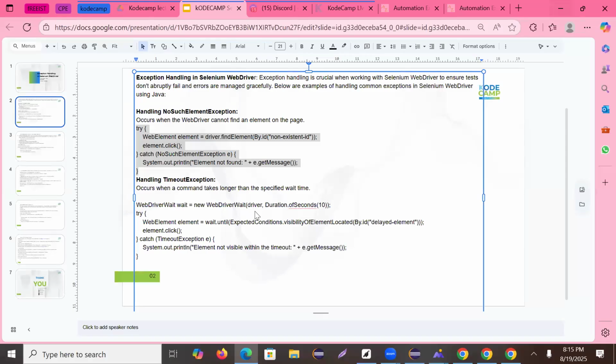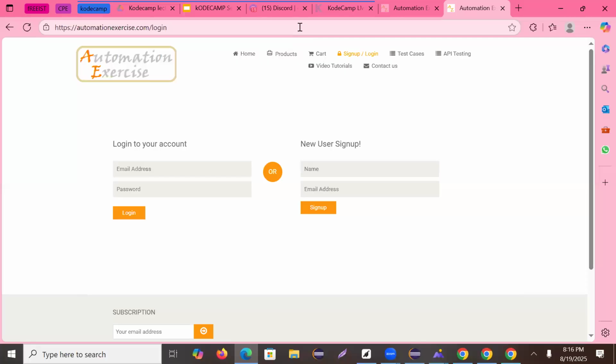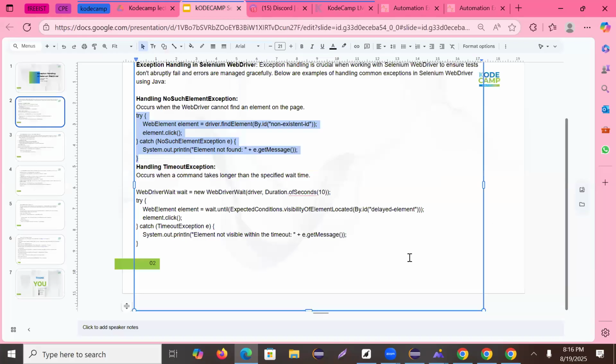All right, we have another exception, that is timeouts. Be ready to see timeout exceptions when you are dealing with real life projects, when you are dealing with real testing, not demo sites. When you are doing live testing, be ready to see timeout exceptions. And this exception occurs because, let's say for example,